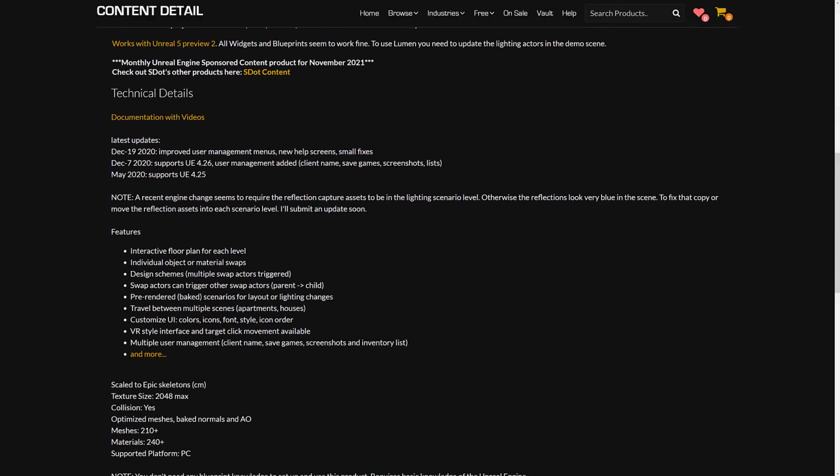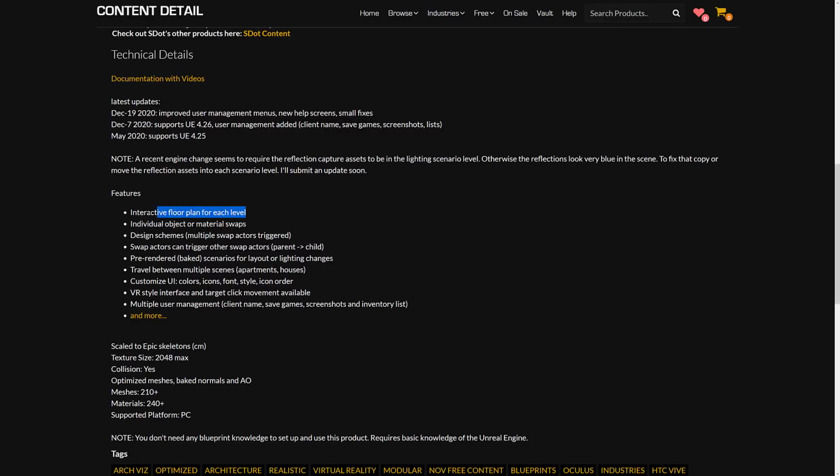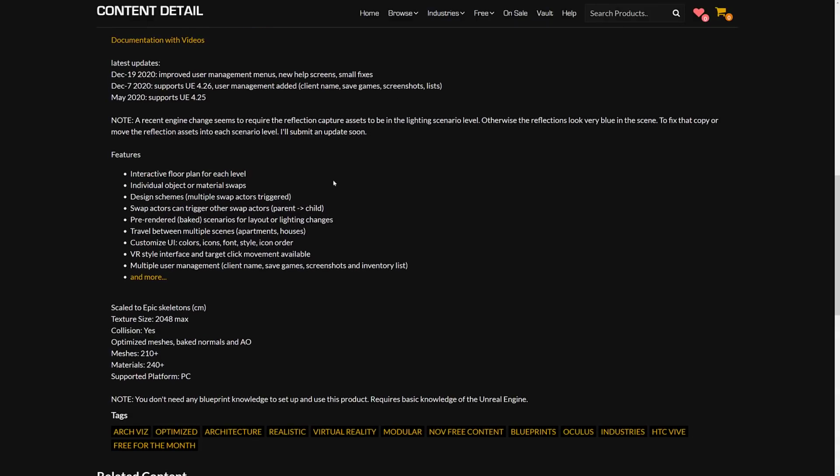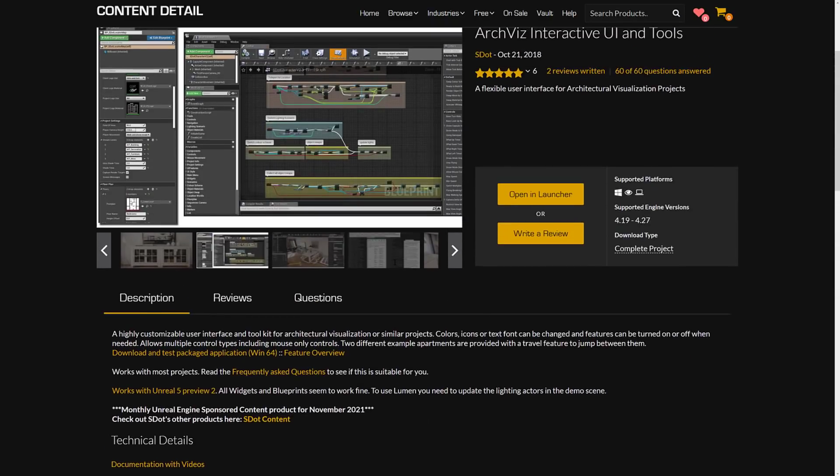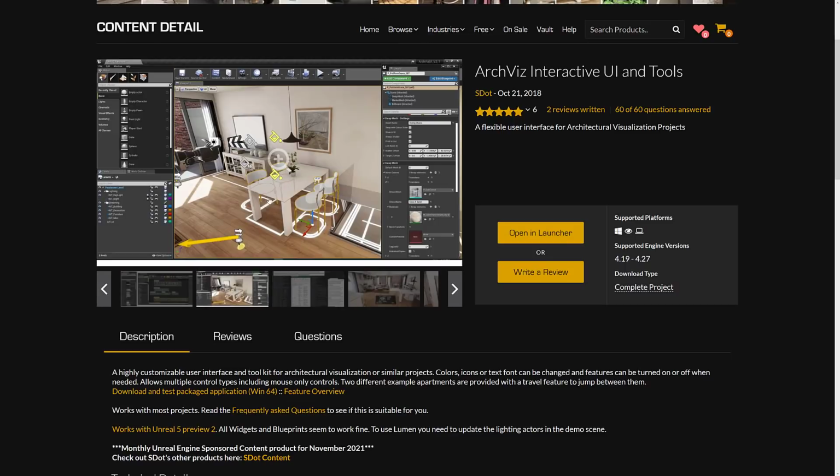So interactive floor plan for each level. Again, so if you're a realtor, this is banging. If you're a game developer, probably not so much. Individual object or material swaps, design schemes, multiple swap actors triggers. Swap actors can trigger other swap actors, so on and so forth. So if you wanted to do house walkthroughs, like you see on a lot of real estate sites, you can do that kind of stuff. So if you're using this for arch visualization, nice set of tools. Using this for game dev,